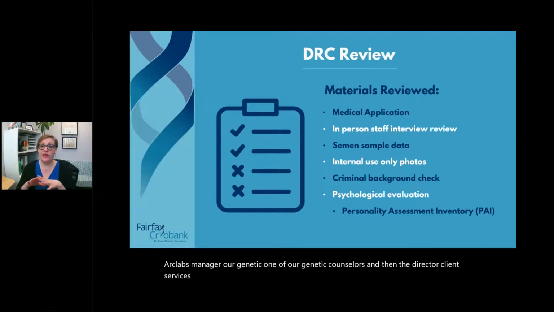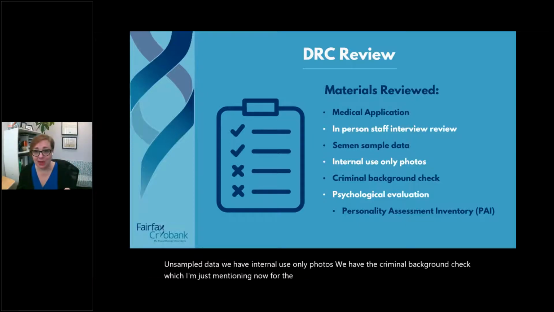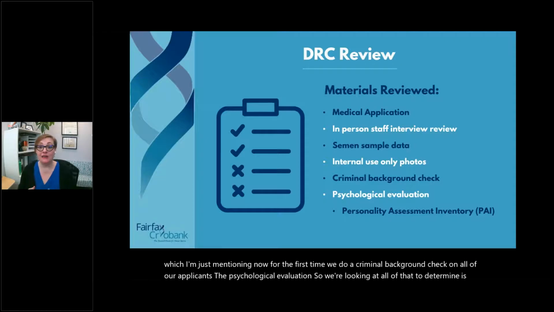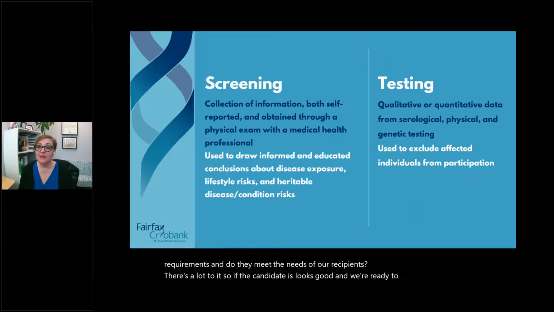And we as a group are then looking at the medical application, notes from the in-person staff interview, all of that semen sample data. We have internal use only photos. We have the criminal background check, which I'm just mentioning now for the first time. We do a criminal background check on all of our applicants, the psychological evaluation. So we're looking at all of that to determine, is this person a good candidate for our program? Are they going to meet all of the requirements? And do they meet the needs of our recipients? There's a lot to it. So if the candidate looks good and we're ready to go, the next step is to move on to the